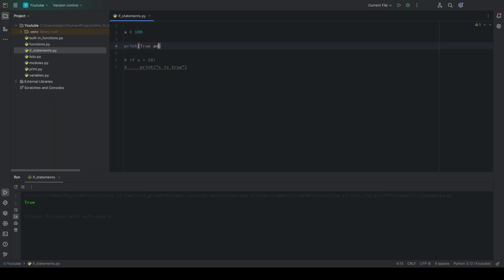So let's go write down true and true. So we write down true and true, right? What is actually going to happen? It's going to print out true. Now, what if we write down false? And this is actually analogous to the case